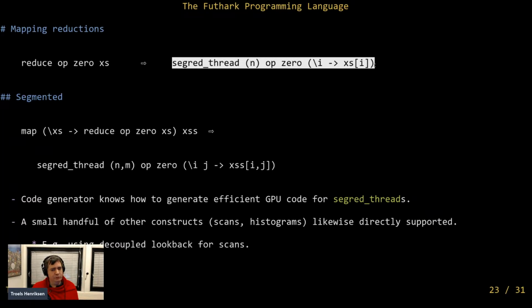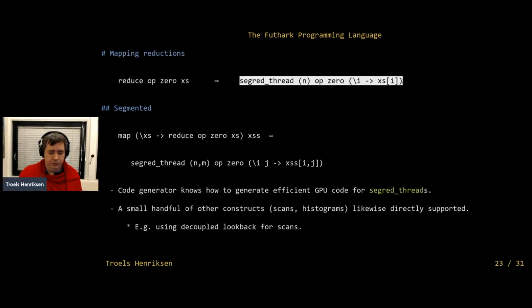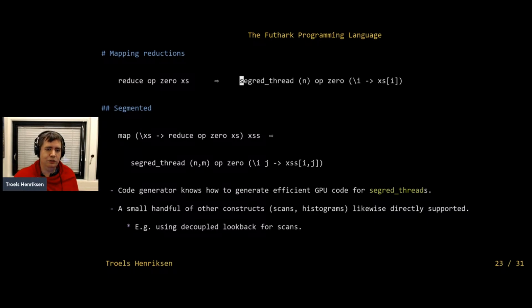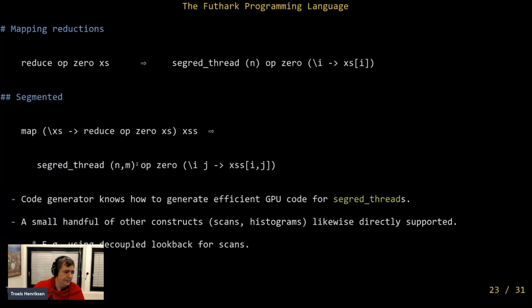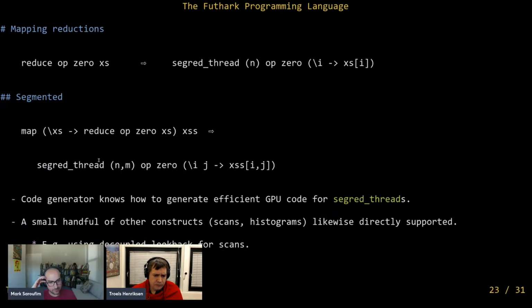It's a little bit more complicated because this is really a challenge of how do you generate code for an efficient parallel reduction on a GPU. And you just need to teach the code generator how to do that. So we did that some years ago. We continue to maintain it and improve it based on how GPUs change. But basically, the compiler just has to have a recipe for how this construct here should be turned into efficient GPU code. So that's where the effort gets put in. As long as we can eventually turn the program into compositions of these, then the code generator can turn that into effective GPU code. This also becomes one kernel, maybe two kernels, depending on the algorithm you use for this segred. When you have a map on top, you just add another dimension.